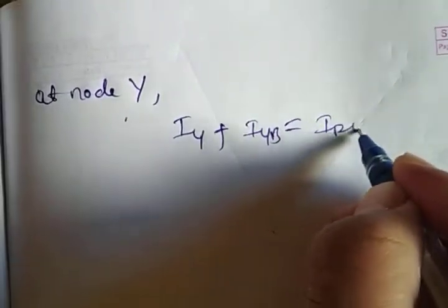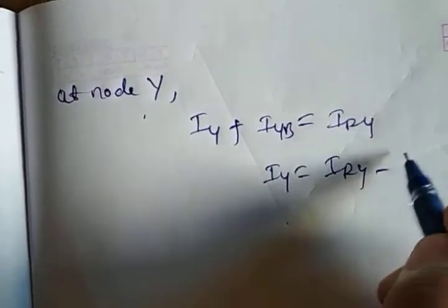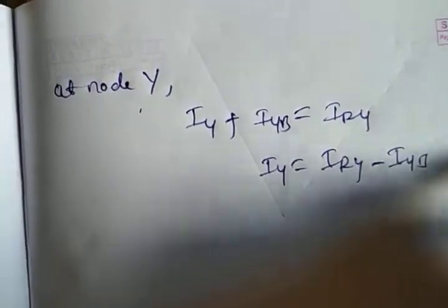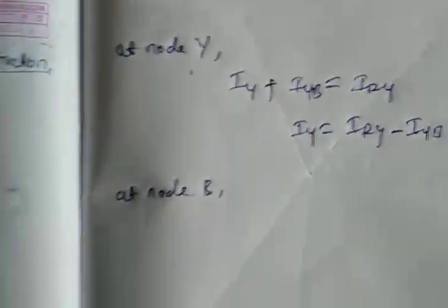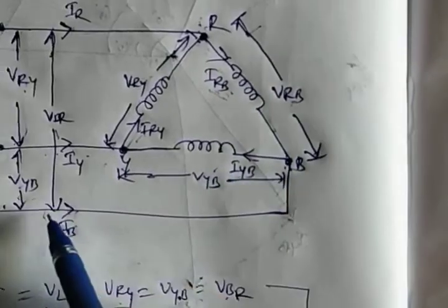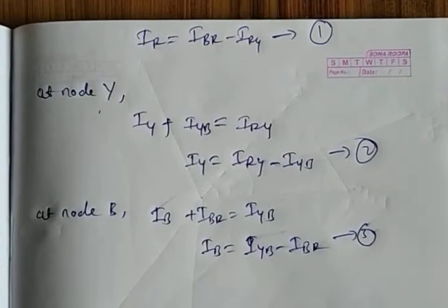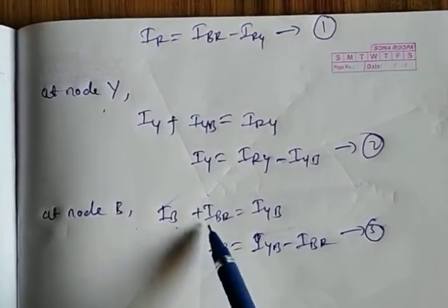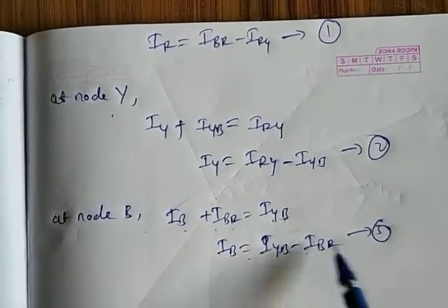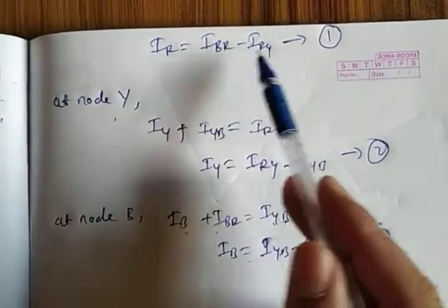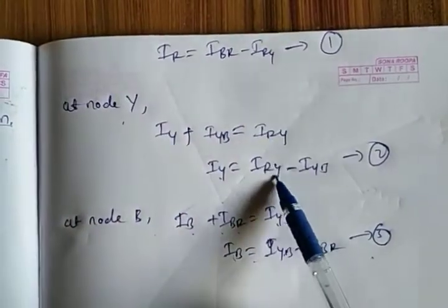So IY is equal to IRY minus IYB, the second equation. Similarly, at node B, incoming current is IB plus IBR, which is equal to IYB. So IB is equal to IYB minus IBR, the third equation. So we got three equations. IR, IY, IB are the line currents, and IRY, IYB, IBR are the